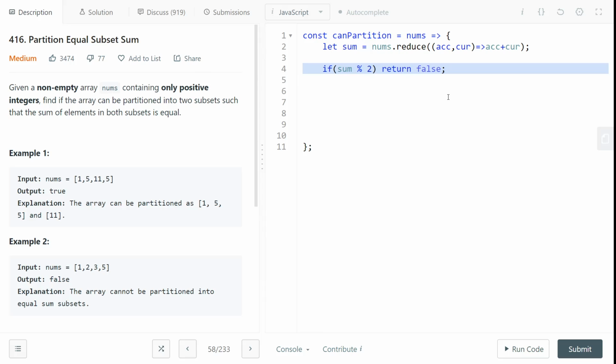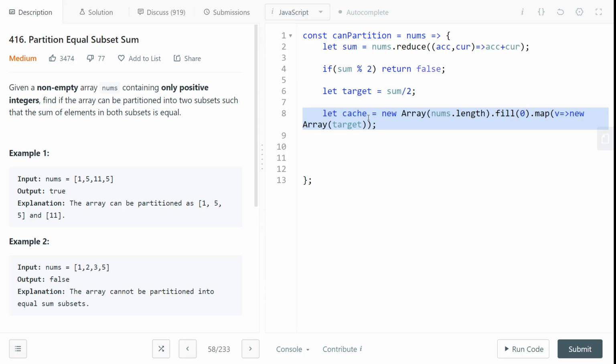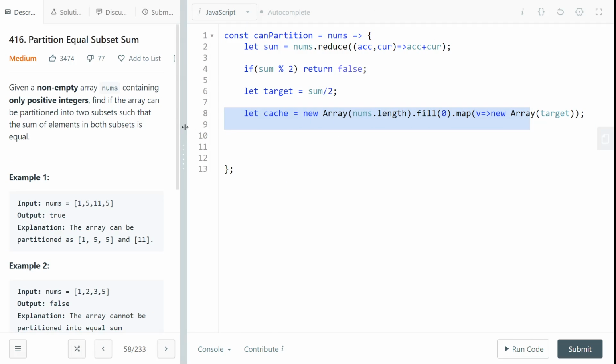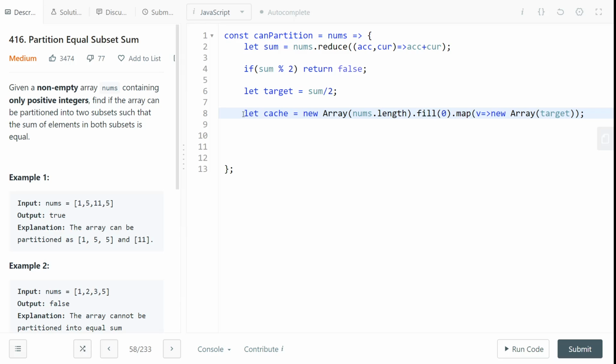So this is just part of the problem, right? And now your target is sum divided by 2. If you find any subset of these numbers that has a total sum of target, then you can return true, right? Okay. And now, since we're going to do a dynamic programming solution, I'm going to need a cache,